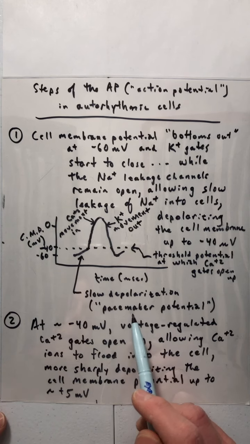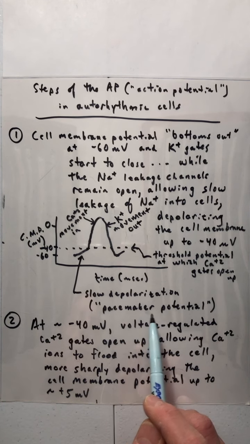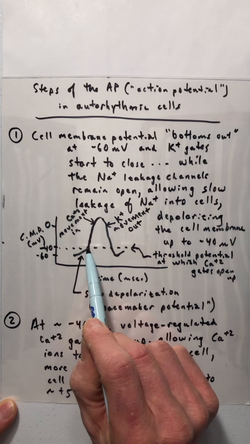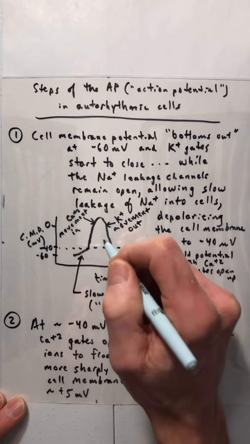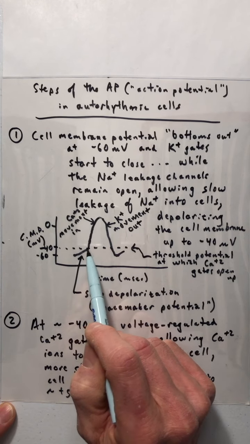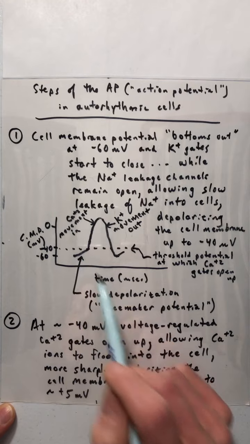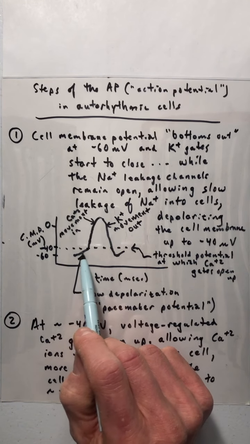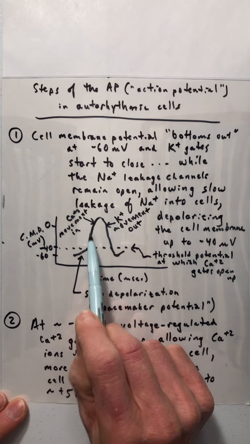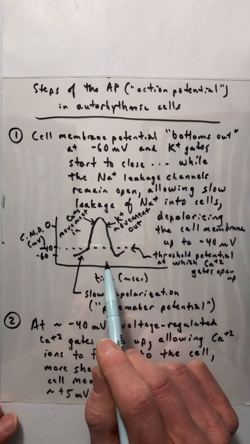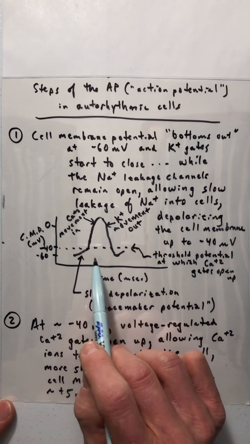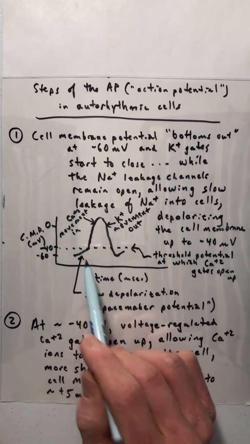depolarization. I just want to reiterate, why do we call that the pacemaker potential? Because the slope of that portion of this graph dictates how quickly we're going to get to threshold, and therefore dictates how quickly an action potential takes place. And because the SA node has the highest slope, or the greatest, most positive slope for the pacemaker potential, the SA node is the one that reaches threshold first and thereby sets the pace for the rest of the heart, because it generates its action potentials that then spread by gap junctions through all the other cells to cause the other cells to get to threshold before they would have on their own, because of slower rates of depolarization in